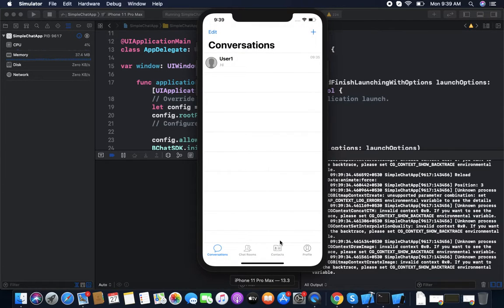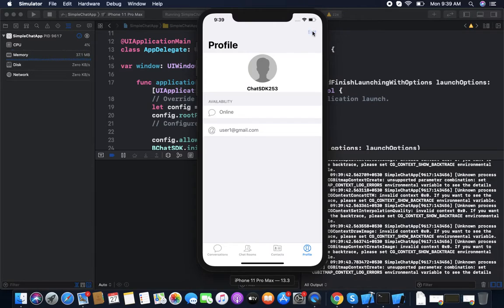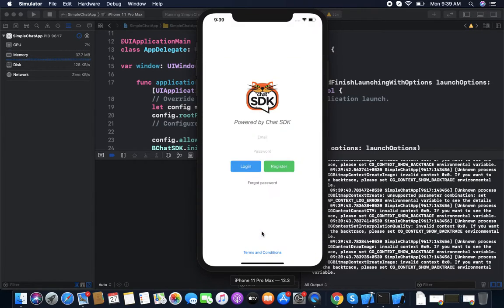If you want to see whether the first user receives a notification message or not, you can log out, and log in with the first user at gmail.com, with the password.